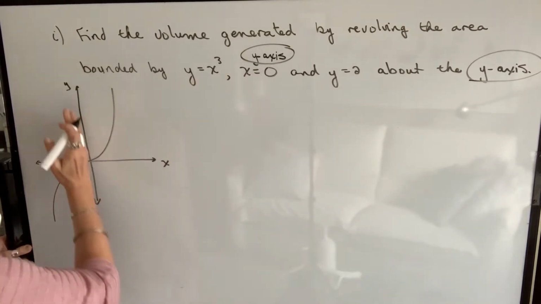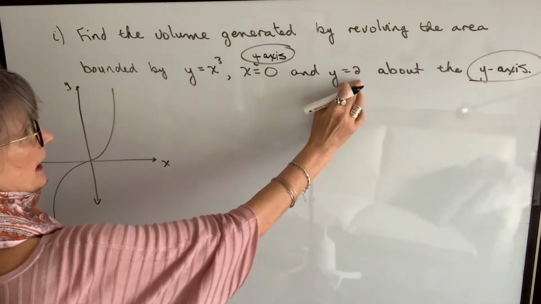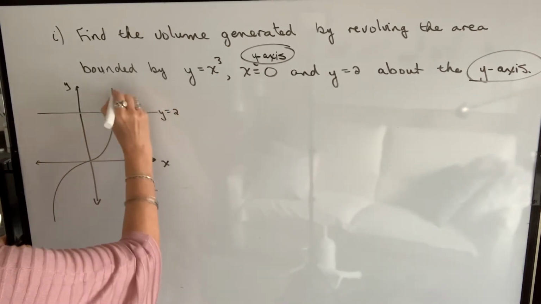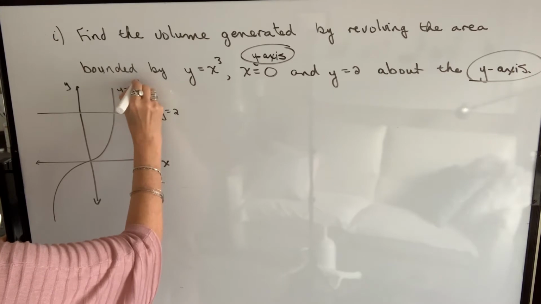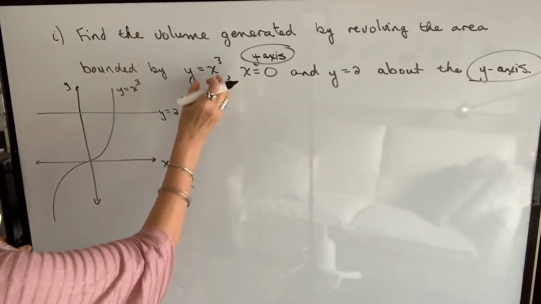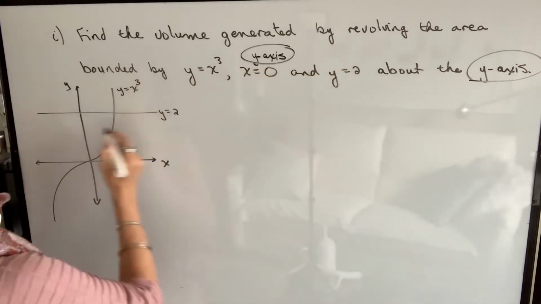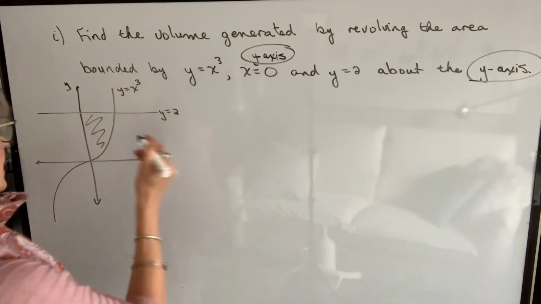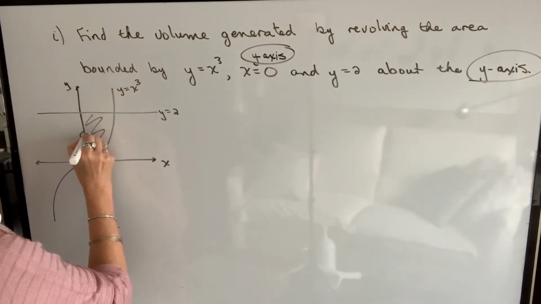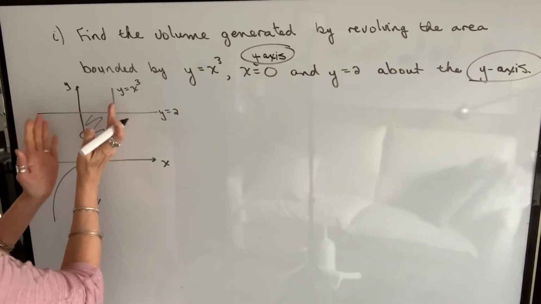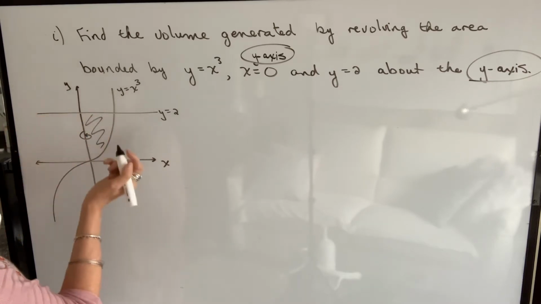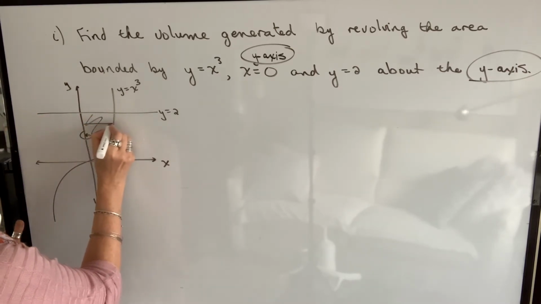the y-axis, and y equals 2. And there's only one region bounded by those three functions, which would be that region. It's rotating about the y-axis. So this shape will kind of look like this as a solid, and we're going to use a horizontal rectangle